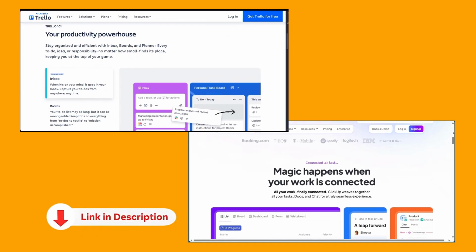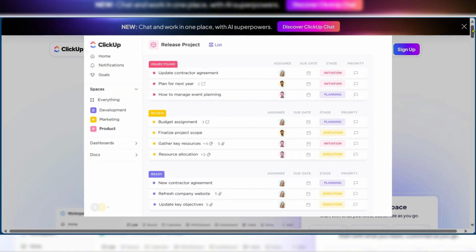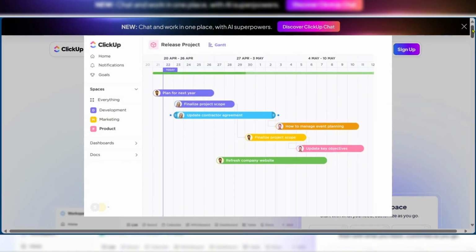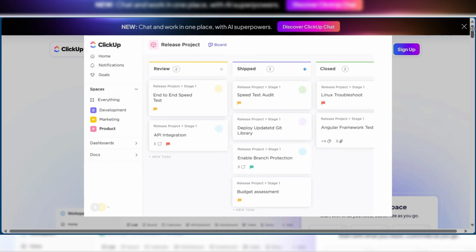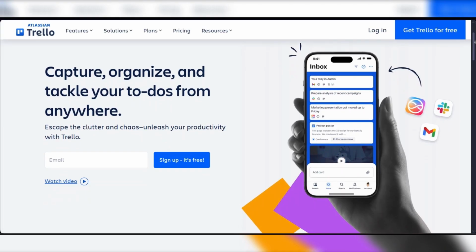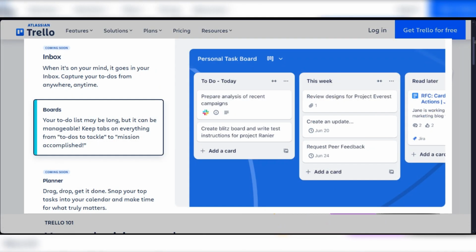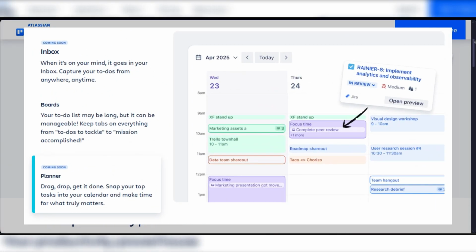And now let's dive in. Starting with the features. Views. ClickUp offers a wide range of views including list, board or Kanban, calendar, Gantt chart, timeline, mind map, table and more. Trello, on the other hand, primarily uses Kanban board view, but offers timeline, table, calendar, and dashboard views in